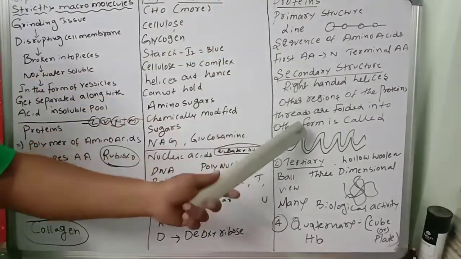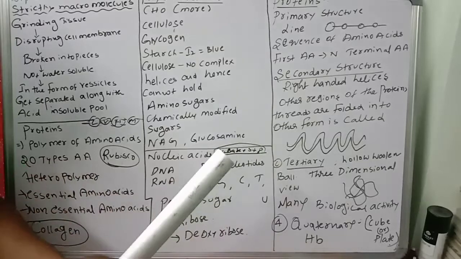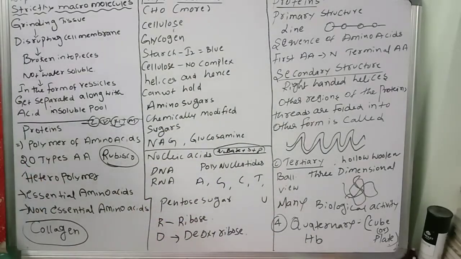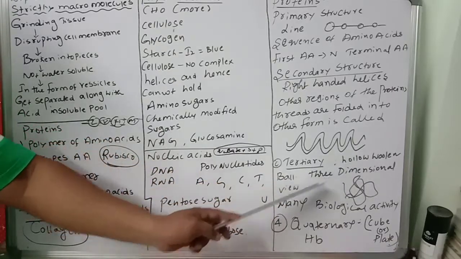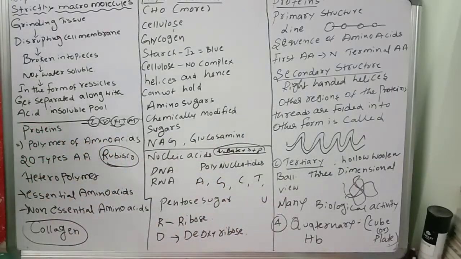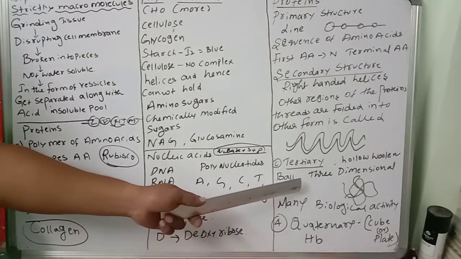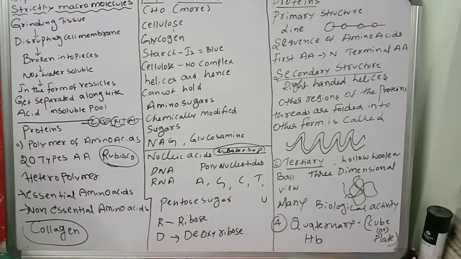Nothing but proteins or amino acids only. Like this, it's the amino acid. So next one, the tertiary structure. Tertiary structure means a hollow woolen ball. See, a hollow woolen ball like that. So all foldings, in three-dimensional view, a hollow woolen ball. That is a tertiary structure. This tertiary structure is the